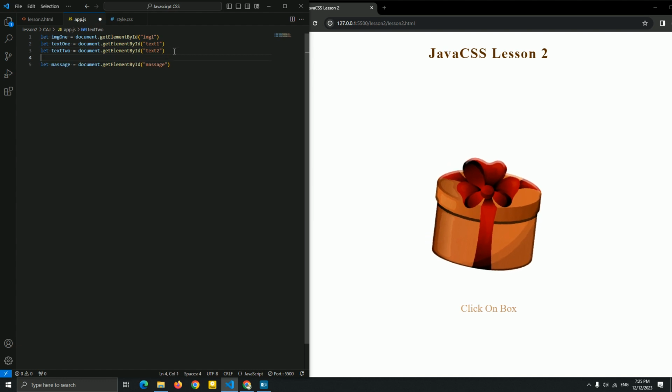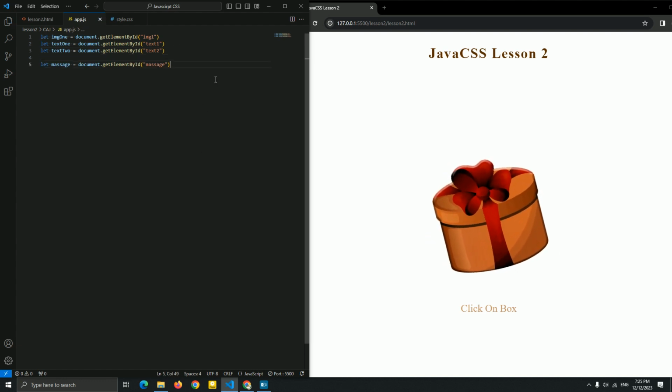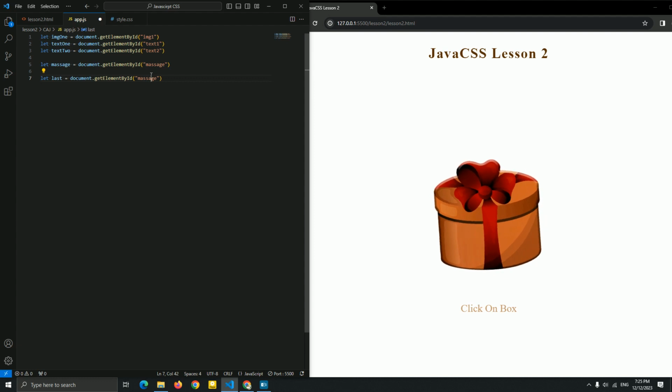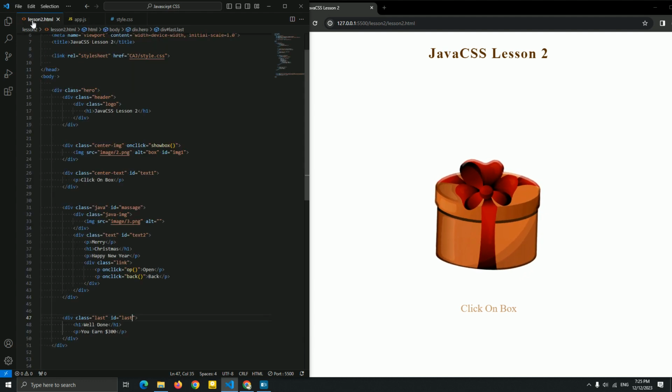Okay, we named it, and yes, the last, let me name it last for the last message, as we named it for the ID last. Okay, here we go. Now let me start with onclick of this box that we named show box.